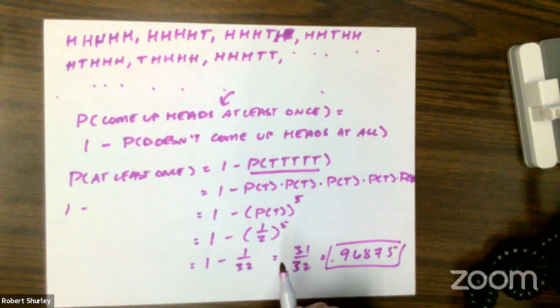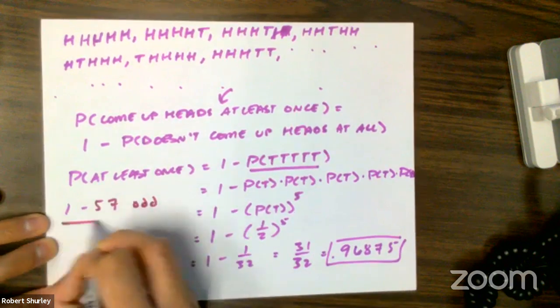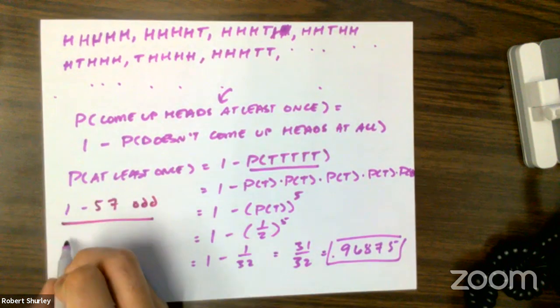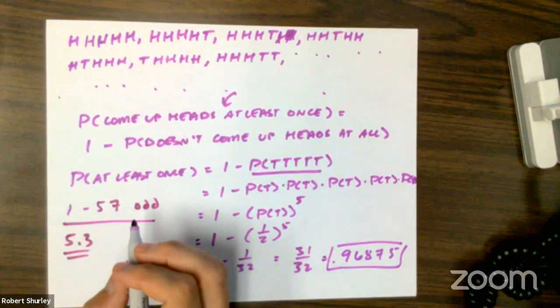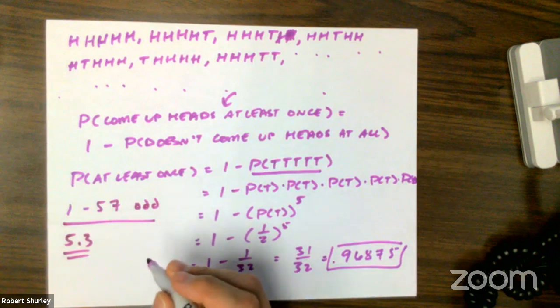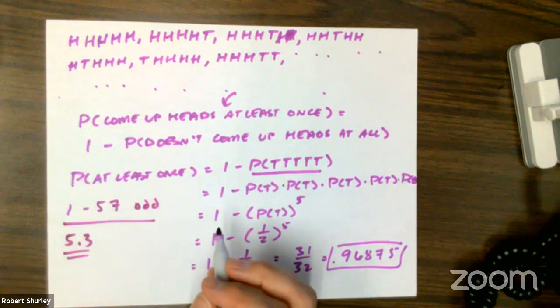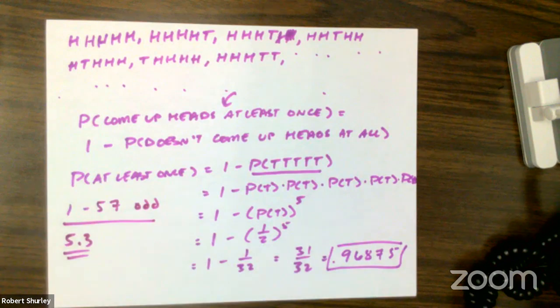So I want you to do 1 through 57 odd. This is section 5.3. It starts on page 228 maybe. Yeah, 228, and then the bulk of it goes over to page 235. That's where it really starts. Okay, so I'm going to end here. I know I'm ending a little early, but it's because I don't want to go into 5.4 yet before